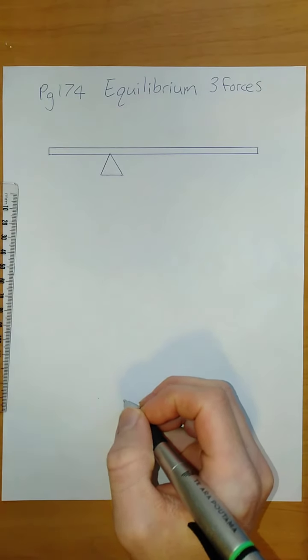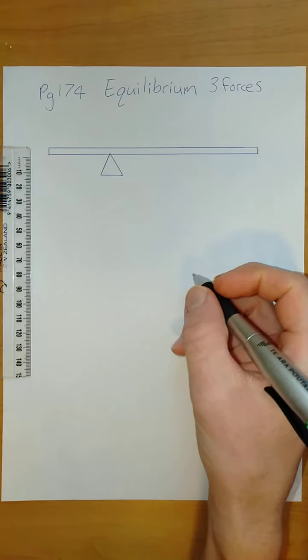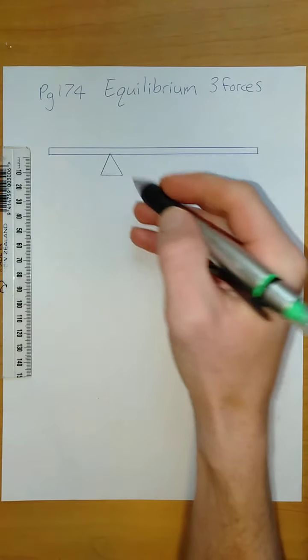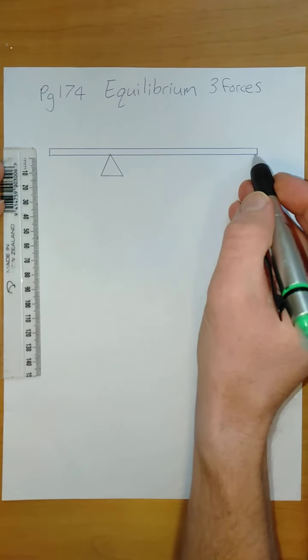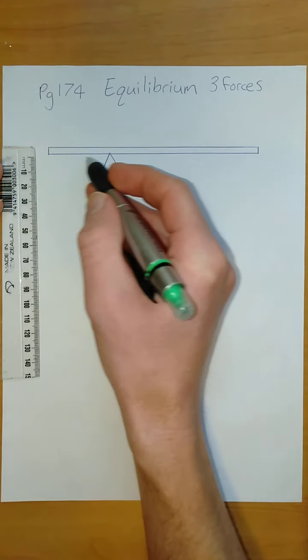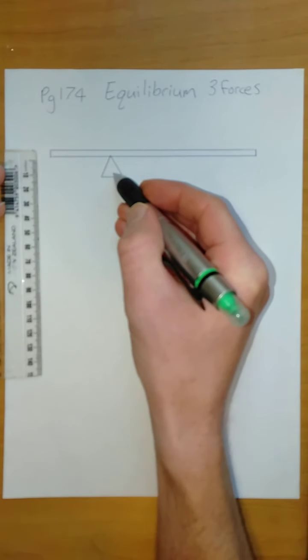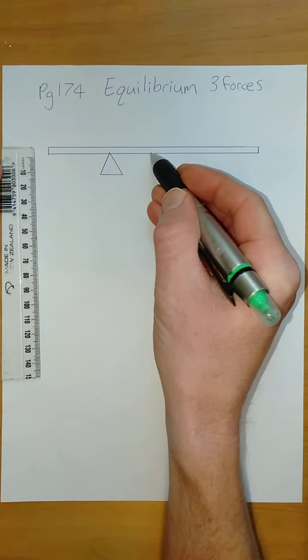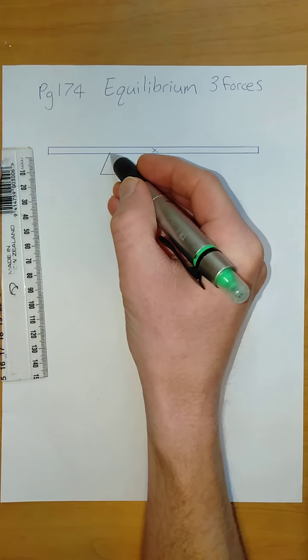This lesson is going to take equilibrium to the next level. Instead of just having one force on each side, we're going to have three forces. For this particular scenario, you can see that this plank of wood, although it's got uniform distribution of mass, has not been placed in the center. The center of mass, which is bang on in the middle there, is not above